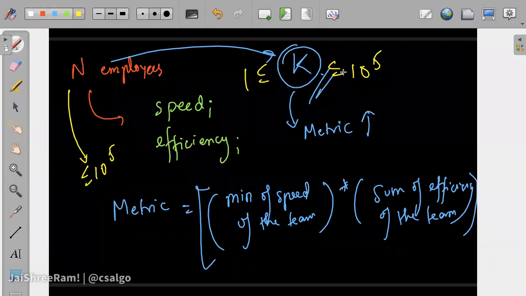Sort on speed plus efficiency. Okay, that's one idea. Any other ideas? Choose i over j if Ti Ei is greater than Tj Ej.